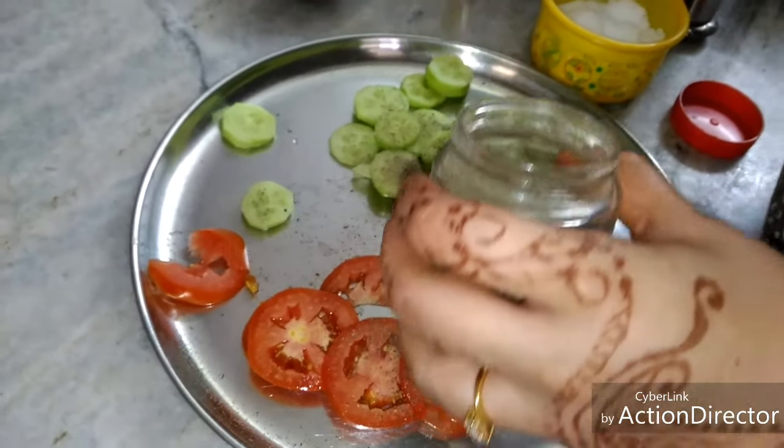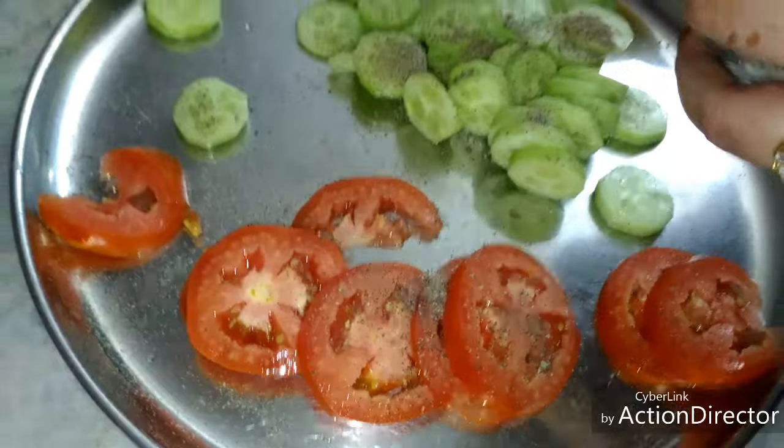According to the taste, but I like it a bit spicy and it is good for health. So